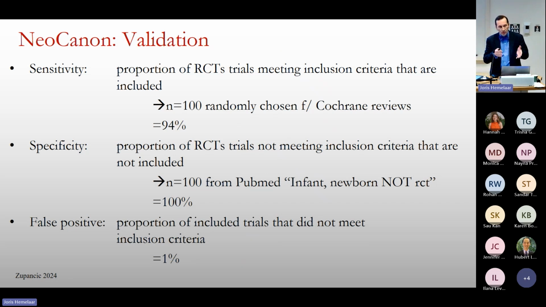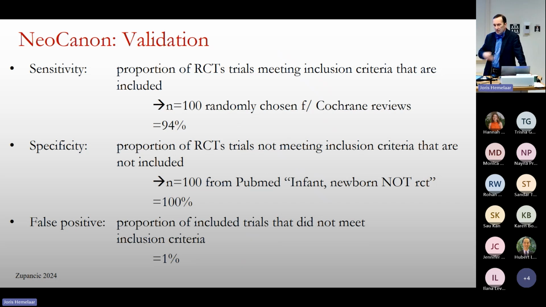We looked at the proportion of trials that met the inclusion criteria that were included in our study, and obviously it's difficult to have a gold standard for that, so we used studies that had made their way into a forest plot in Cochrane, thinking that those were the studies that we are mostly going to be using to manage practice, and we just chose randomly across Cochrane neonatal reviews and determined how many of those studies